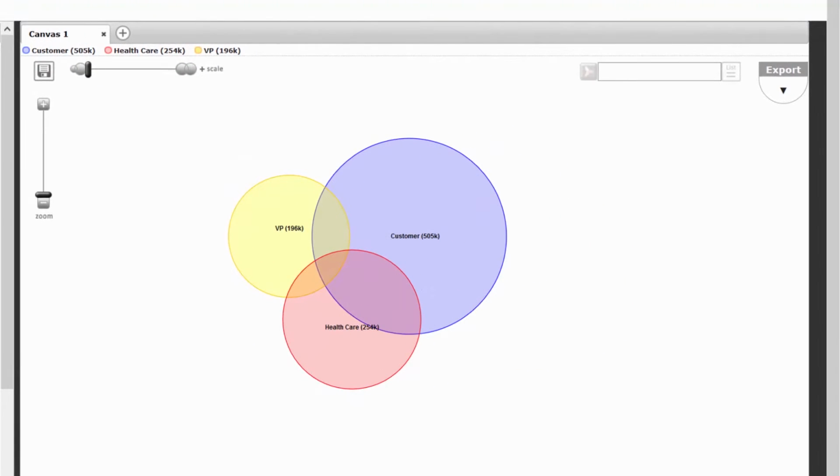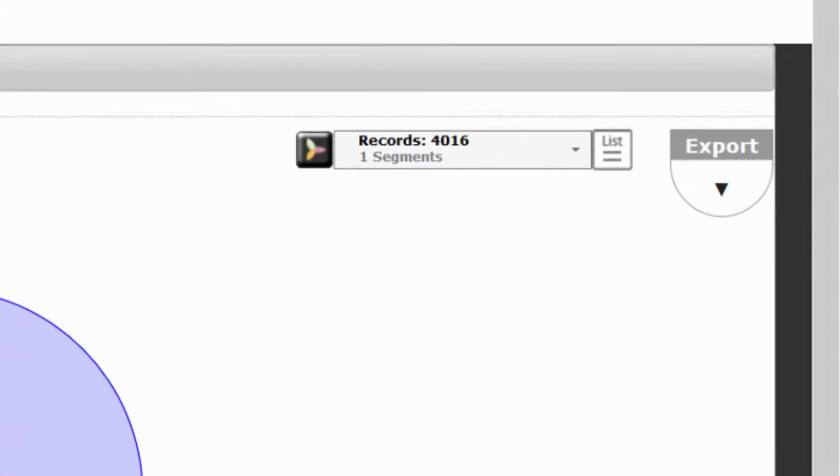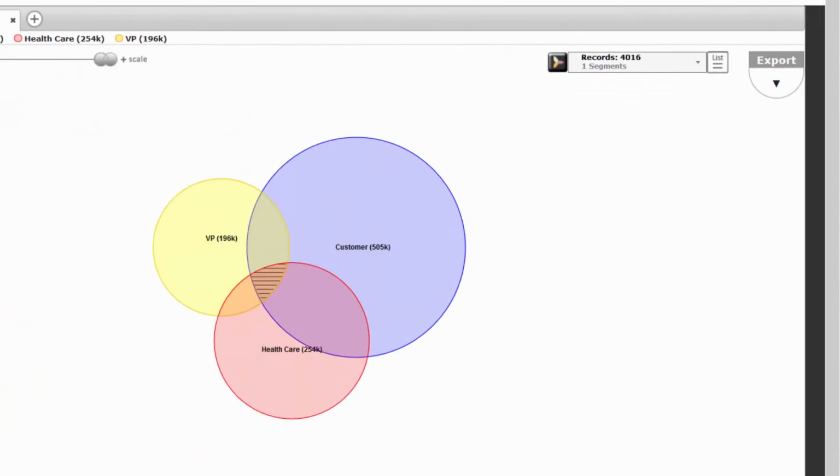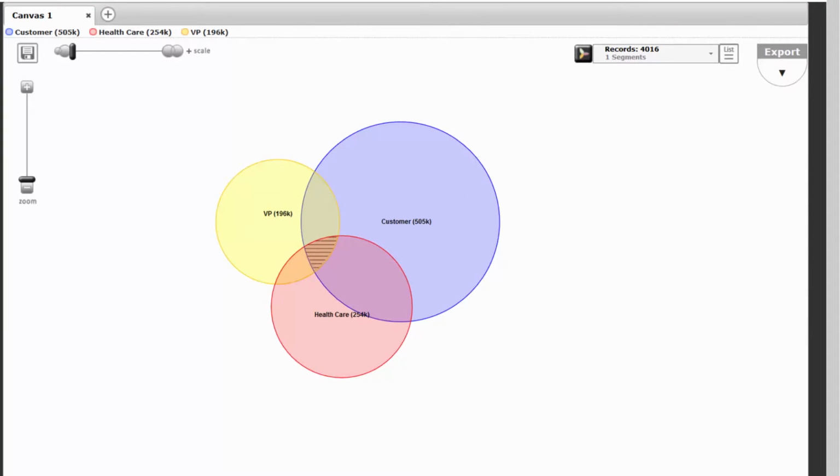And so now we'll see how all 3 circles overlap. And I'm going to again grab the overlap there and say, okay, how many customers in healthcare who are vice presidents do I have? Well, the answer is 4,016, and I don't think that's as big a number as I'd like. So I'm going to say, how many folks do I have who are vice presidents in healthcare that are not customers? And I can do that just by clicking on this little segment right here that is the overlap of vice presidents in healthcare industry but not customers. And I've now bumped that up to a healthy 19,869.